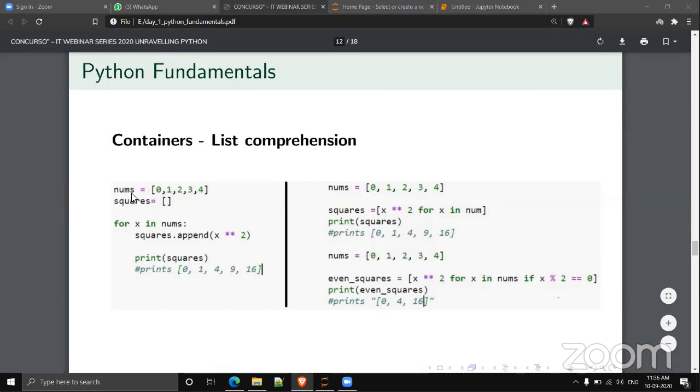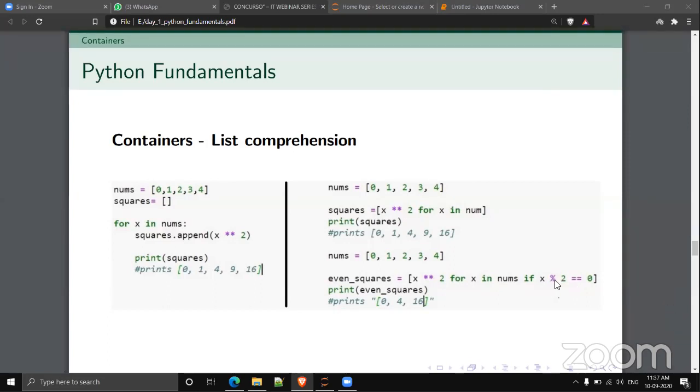So this is the usual way, and here I do it with the list comprehension. And this is again how we can use the if condition inside the list comprehension. I think it's clear. Can we move to the next part? Yes, sir, it's clear.